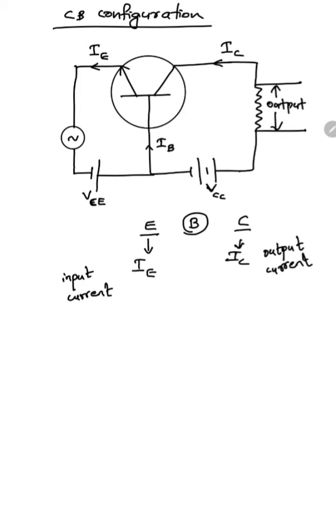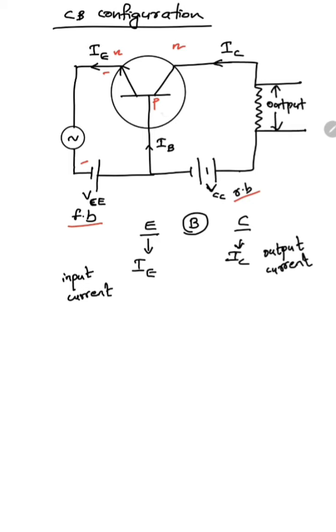And here you can see that the input is always forward biased and output is always reverse biased. That is another important thing. Here you can see that this negative is connected to the N region of the transistor. So here negative, here N. So this is negative, negative, negative. So this is forward biased.